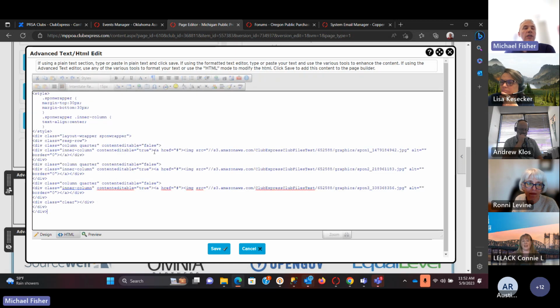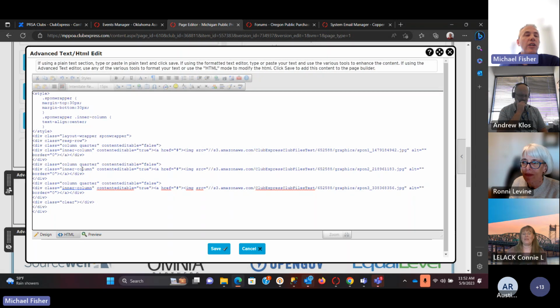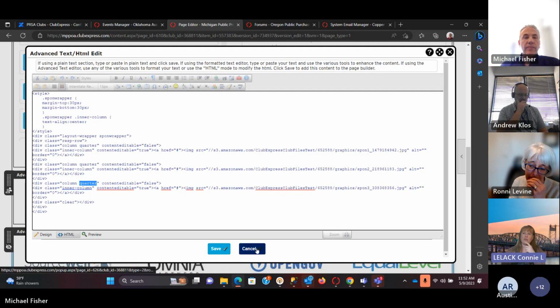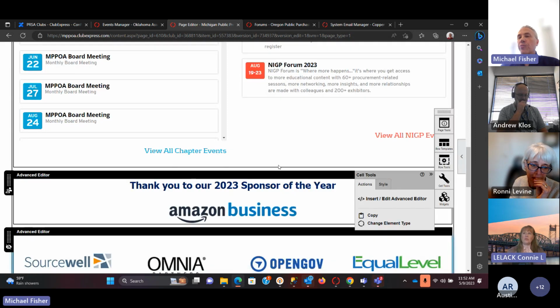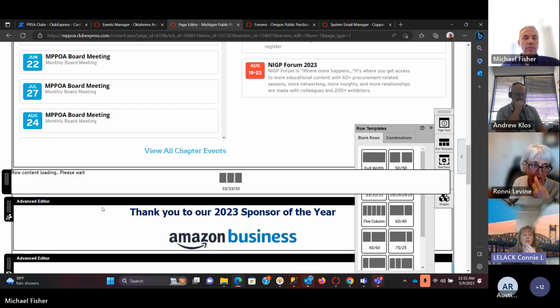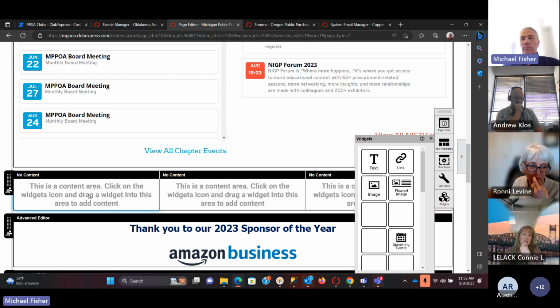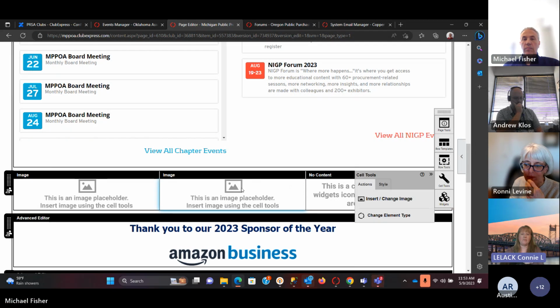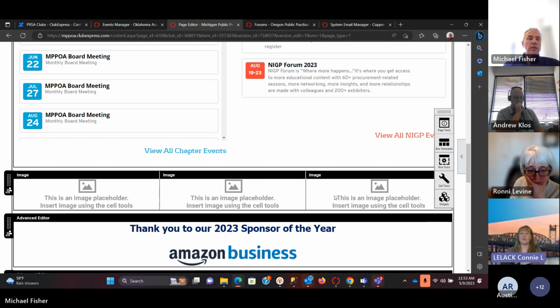Good question. Let's see. This is set up as column quarters. So they're going to have to be, well, that's where I set up another row just above those. Yeah, and I was trying to put the logo in. So if we do image, yeah, and so I did that. But I am having issues with one of the logos, and I was just playing with it.